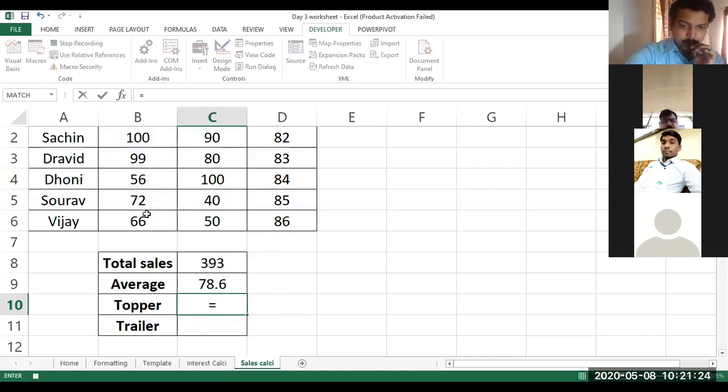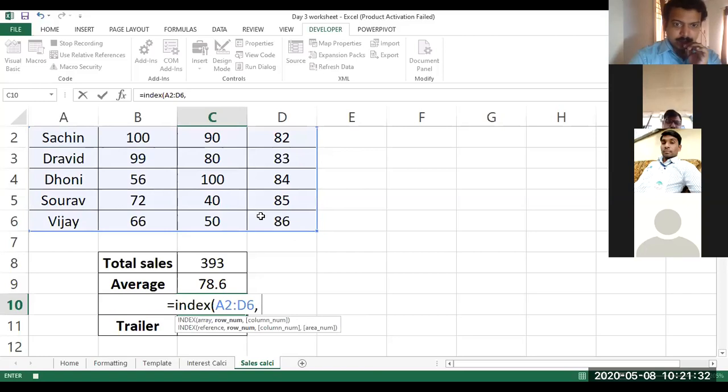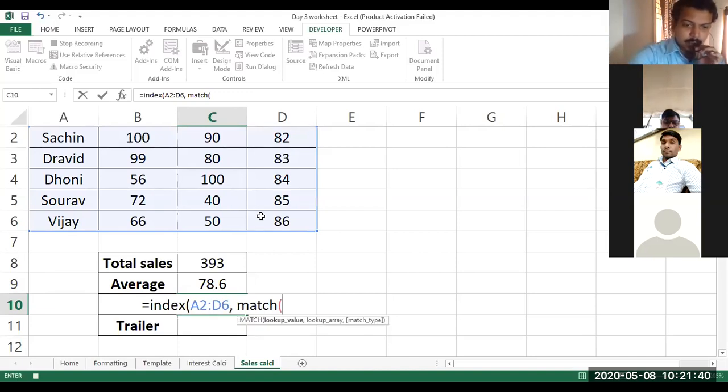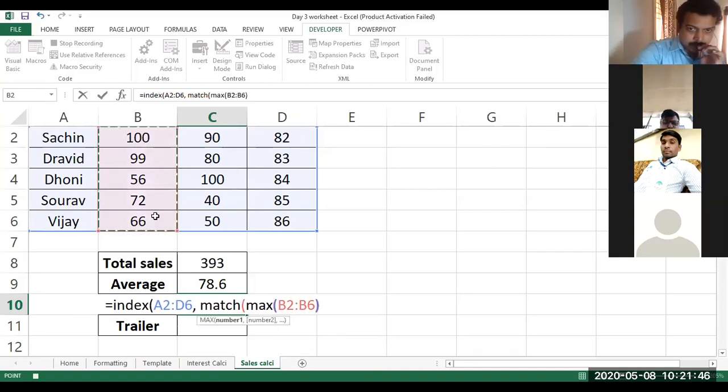For the topper, I'm going to use the INDEX function, open bracket. The first input is the table array, the entire table, comma, space. The second input is the MATCH function, open bracket. The MATCH function has three inputs. For the first input, I'm going to use the MAX function, open bracket. The table array is B2 to B6, close the bracket, comma, space.